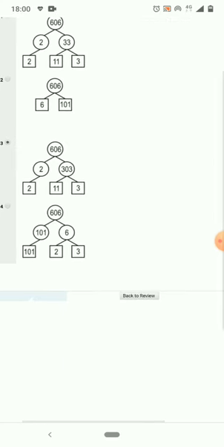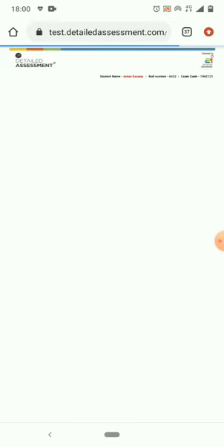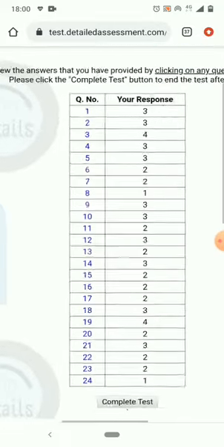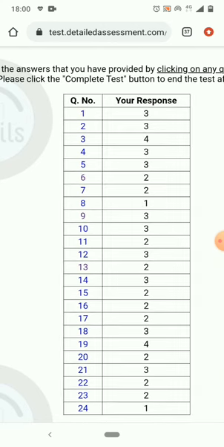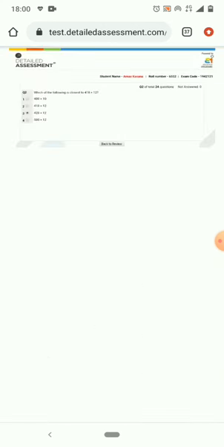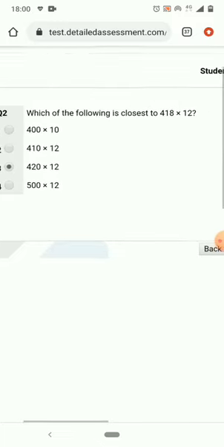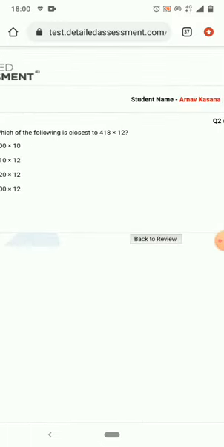Now you will click on back to review. This way you can review all your questions attempted by you. If you want to revise your test, revise your questions what you have answered, then you can click on that particular question number. You can check whether you have answered correctly or not. If you have time, you can review the test, all the questions, then in the last you would click on back to review,